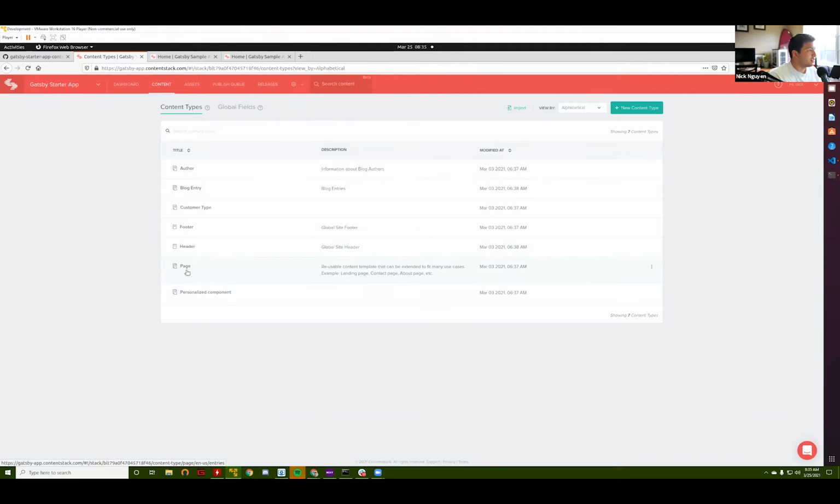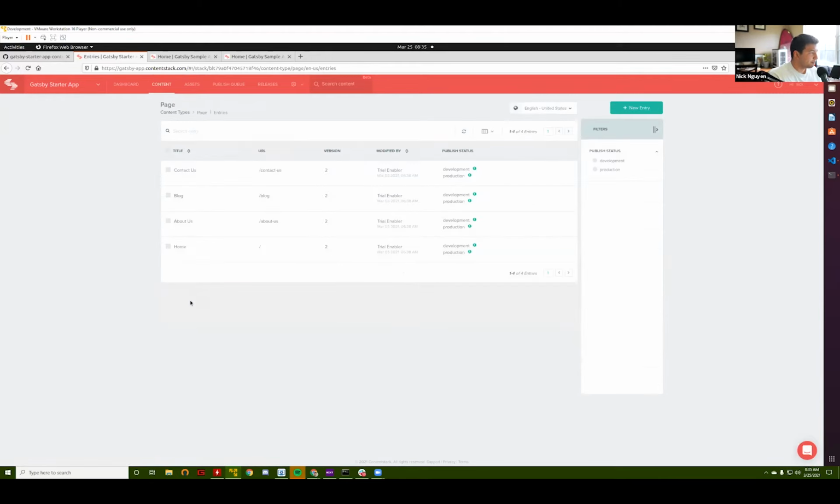content type. And this is basically like your home page and the layout for it, but not the data. So if we navigate to the page, you can see that we have 4 different entries. We have the contact us page, the blog page, about us, and our home page. And so for this workshop, we're actually going to be altering and changing some of the stuff on the home page. And so if I navigate to home page,